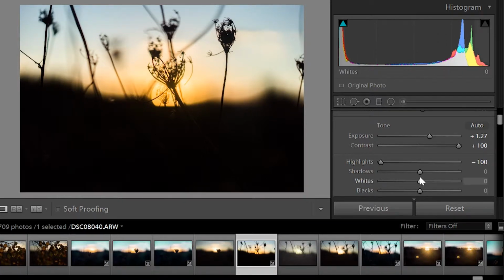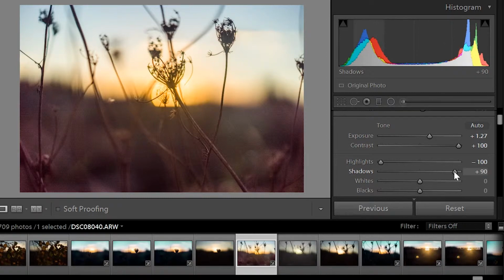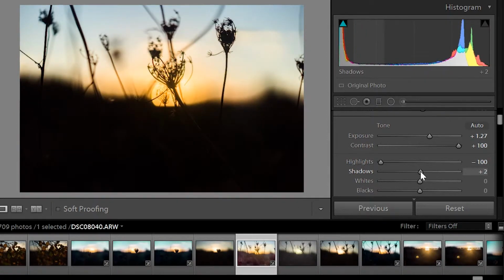And next we're going to boost up the shadows, and then you can boost them up a lot, but then it starts to go purple inside the shadows. See, so when it's back to 0, you can see the branch, sorry, the stem and the stems, but you can't see any of what's